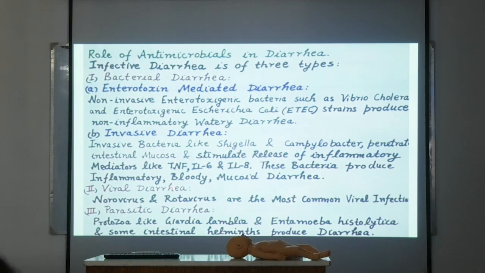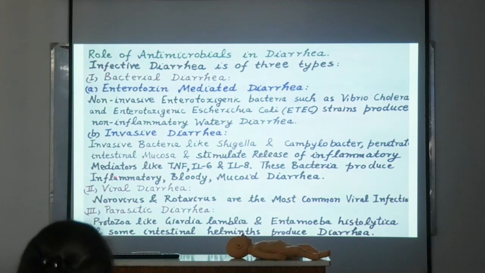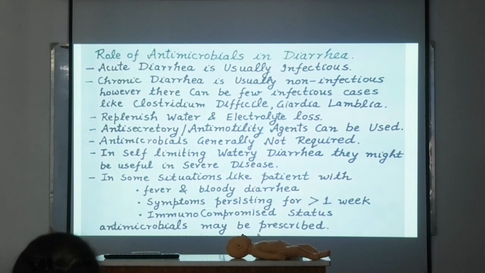কিন্তু ব্লিডিং করে, এরা কিন্তু ব্লাডি ডায়রিয়া যেটা আমরা বলি, আদারওয়াইজ কল্ড অ্যাজ ডিসেন্ট্রি, ব্লাডি মিউকয়েড ডায়রিয়া, এই ইনভেসিভ ডায়রিয়া বলে, এদের কিন্তু অ্যান্টিবায়োটিক লাগে। ভাইরাল ডায়রিয়া অ্যান্টিবায়োটিকের কোনো রোল নেই। প্যারাসাইটিক ডায়রিয়া যেরকম আমাশা বলা হয়, এন্টামিবা হিস্টোলিটিকা, স্পেসিফিক অ্যান্টিমাইক্রোবিয়াল এজেন্ট দিতে হবে এদের। এখানে দেখ, ইন সাম সিচুয়েশনস লাইক ফিভার, ব্লাডি ডায়রিয়া, symptoms persisting for more than 1 week, immunocompromised status, এদের অ্যান্টিবায়োটিক